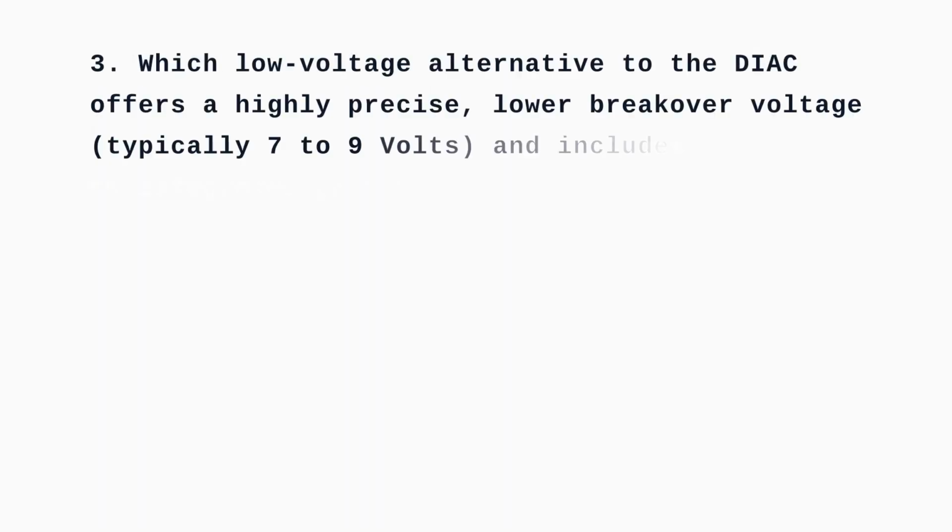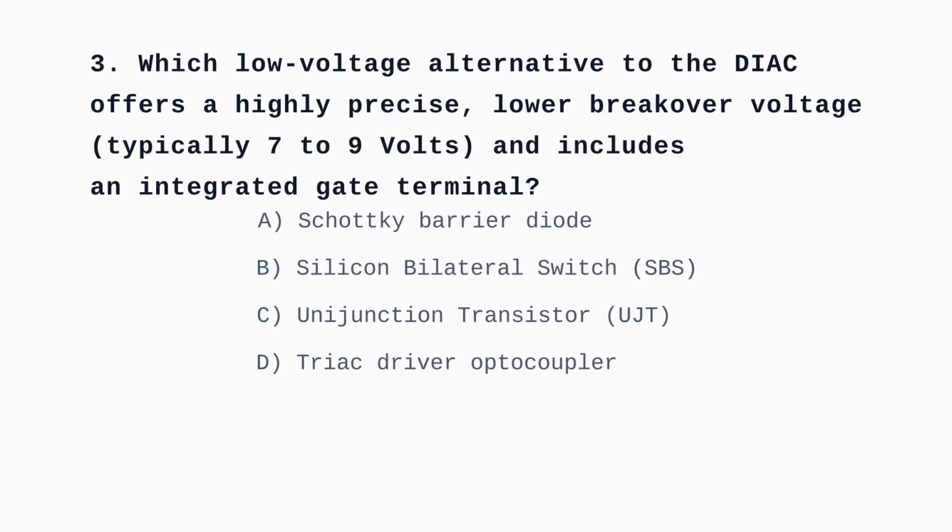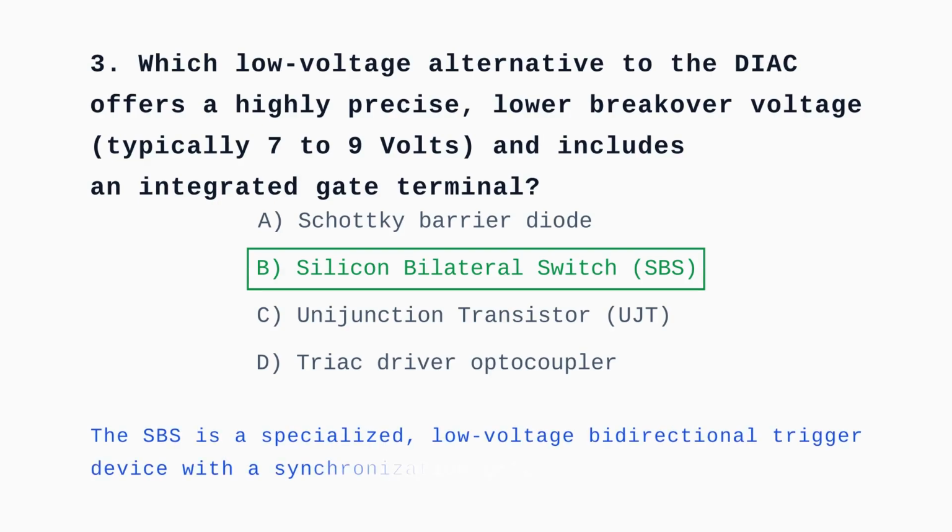Question 3. Which low-voltage alternative to the DIAC offers a highly precise, lower breakover voltage and includes an integrated gate terminal? A silicon bilateral switch, or SBS, provides highly stable, symmetrical breakover triggering at much lower voltages, featuring an optional gate